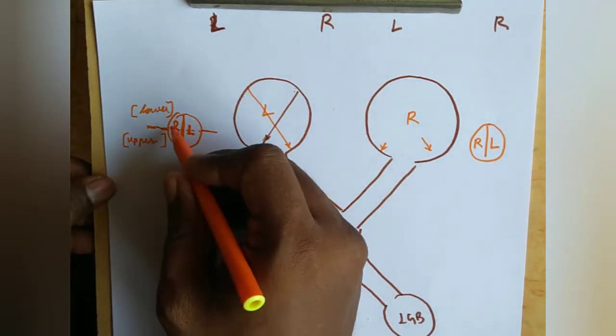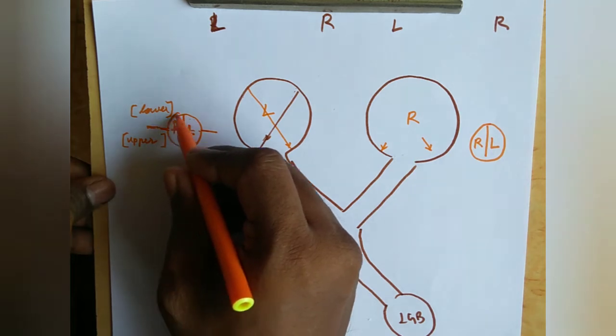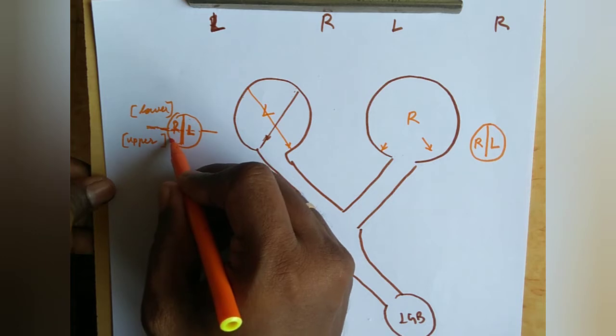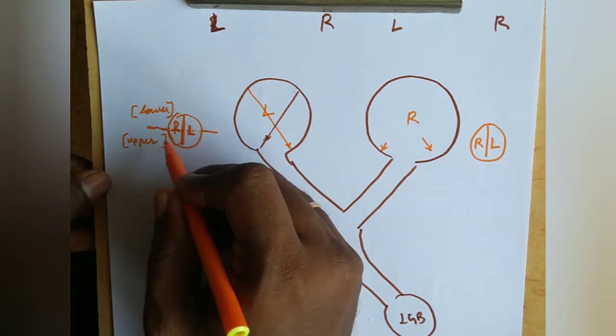Now you can see there are four quadrants. The right lower field is focused at this part of the retina. Then the right upper field is focused at the lower left part of the retina. Similarly we have these other fields. Now we can understand these fields in the retina.